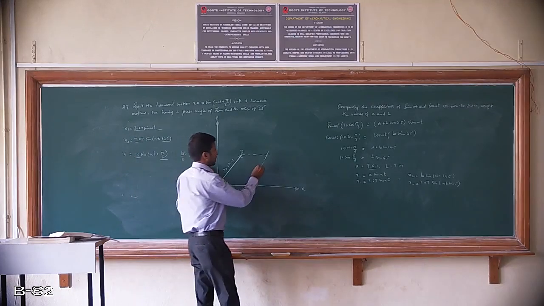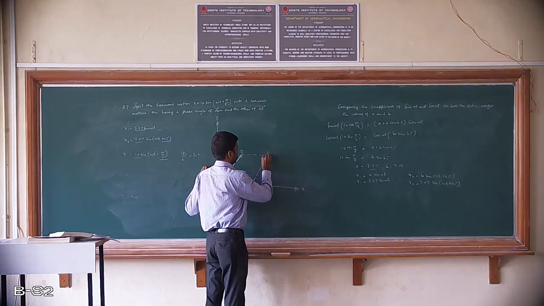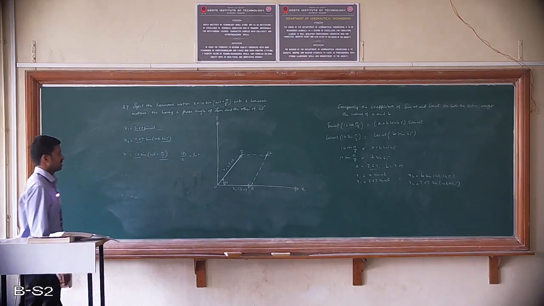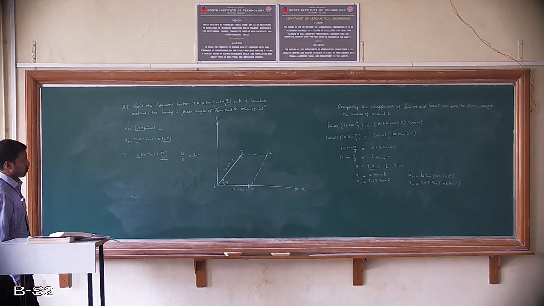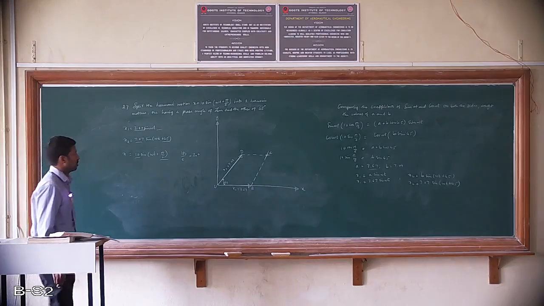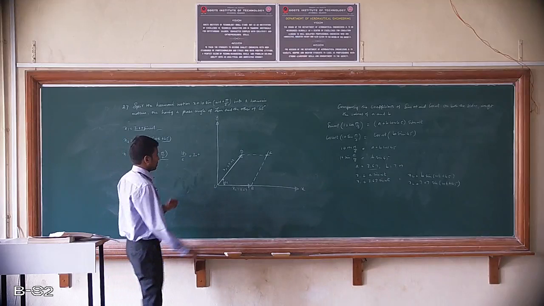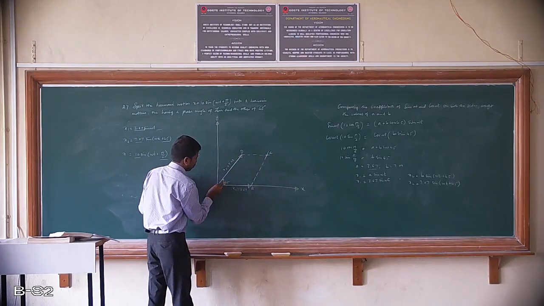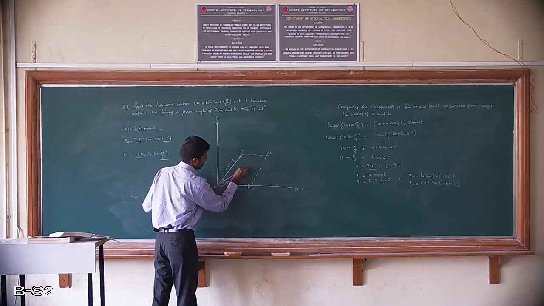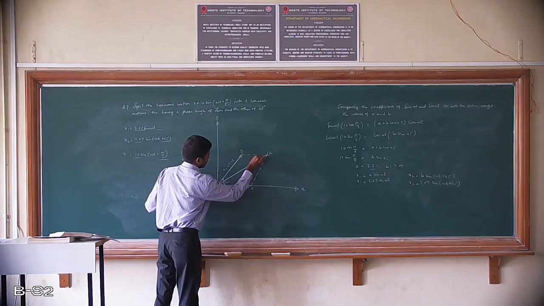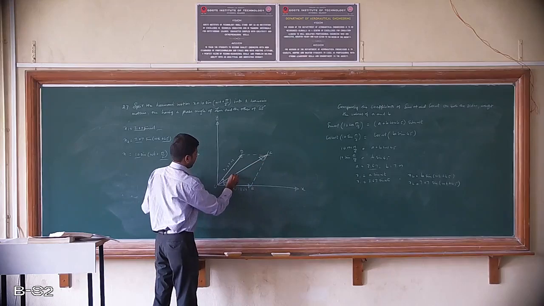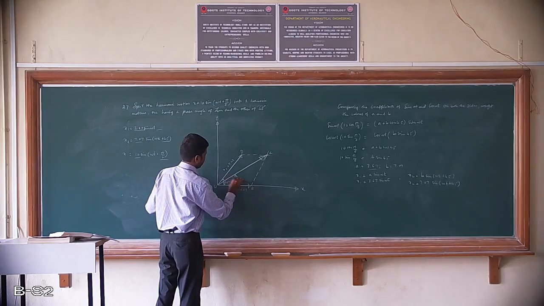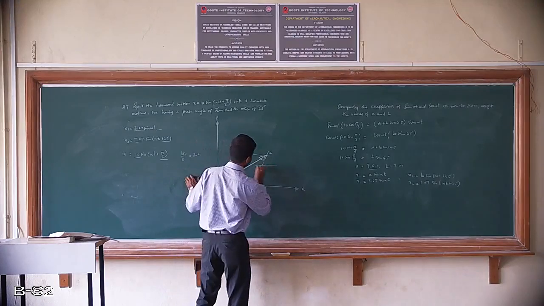Wherever these two dotted lines intersect, I will call that point C, or you can call it any point. Then draw a line from the intersection point to the origin. That is going to give us the resultant, and if you measure the angle, it will be equal to 30 degrees, and this